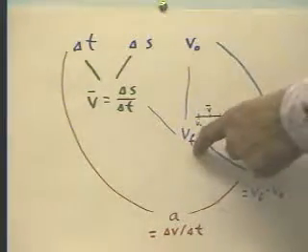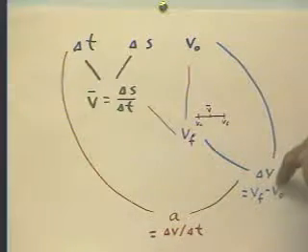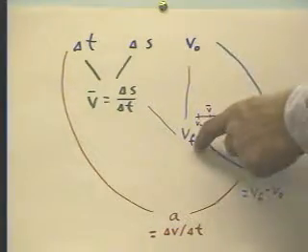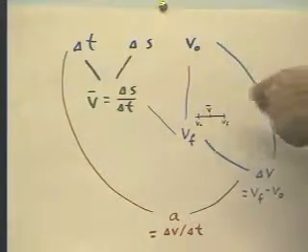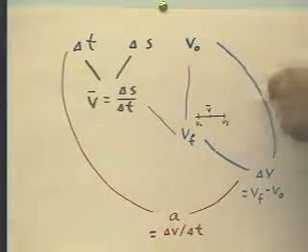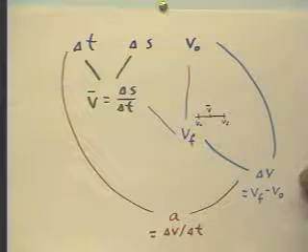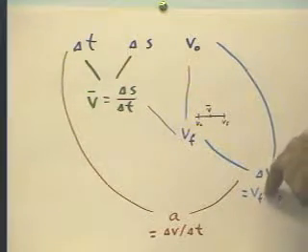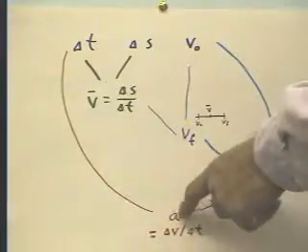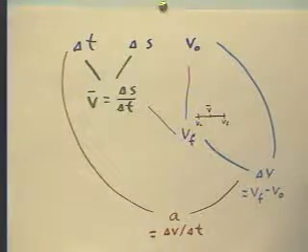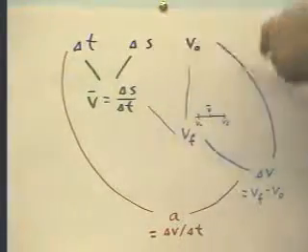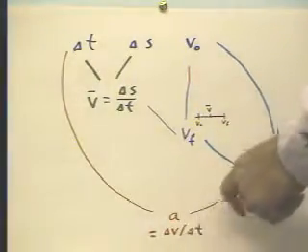Now, once we've found VF, we put that together with V naught to get our change in velocity. We can always, if we know V naught and VF, get our average velocity. Of course, we already have that, or our change in velocity, and that's going to be VF minus V naught. Then putting that change in velocity together with our delta T, we get our acceleration. So we see that given delta T, delta S, and V naught, we can get acceleration and we can get